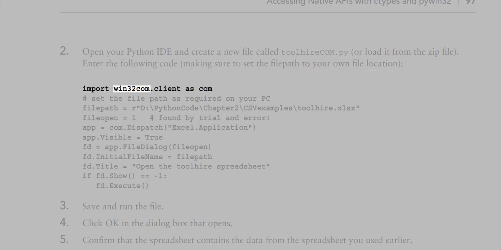import win32com.client as com # set the file path as required on your PC. filepath = 'D:/python code/chapter2/csvexamples/toolhire.xlsx'; fileopen = 1 # found by trial and error. app = com.Dispatch('Excel.Application'); app.Visible = True; fd = app.FileDialog(fileopen); fd.InitialFileName = filepath; fd.Title = 'Open the tool hire spreadsheet'; if fd.Show() == -1: fd.Execute()